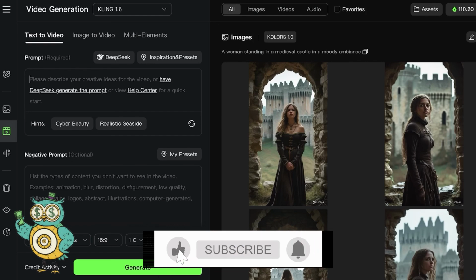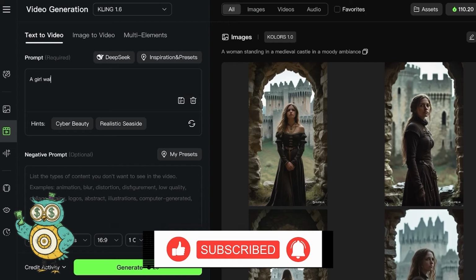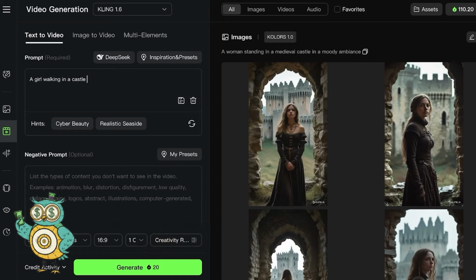To get started, we're going to create a text to video prompt where a girl walking in a castle corridor. Okay, and I'm not going to specify anything else. On the bottom, I'm going to use the standard version of 5-second clip, the aspect ratio. Then I have the output and then the creativity and relevance. I'm going to set this up at 0.35